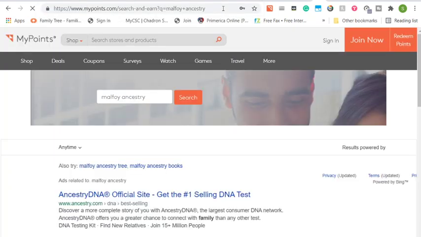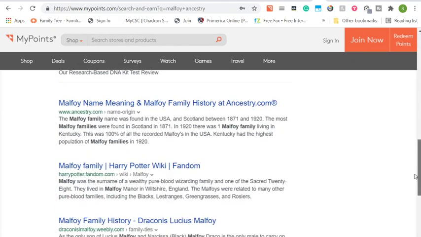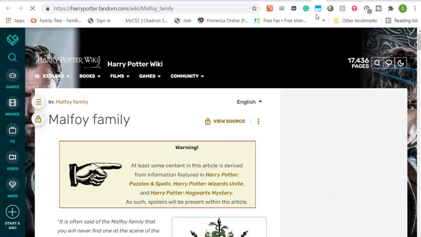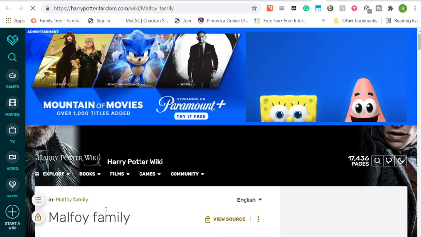Let's see if I can pull it up. Okay, the Malfoy family is one of the sacred whatever,